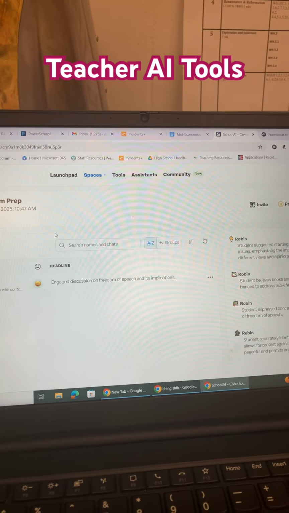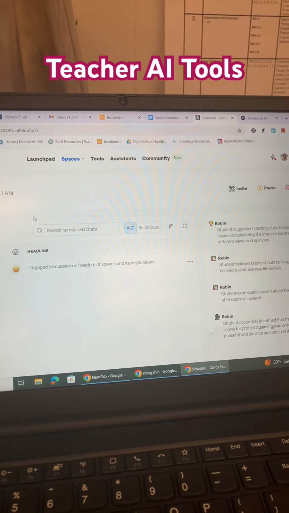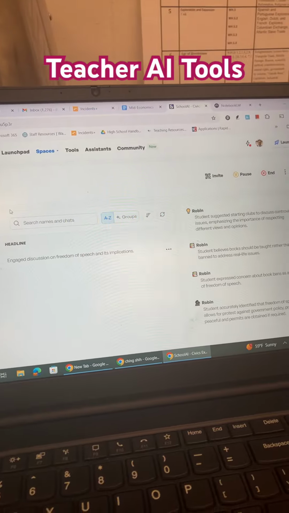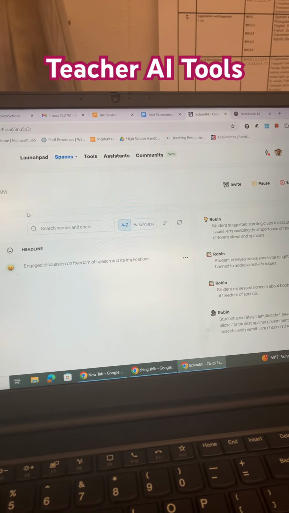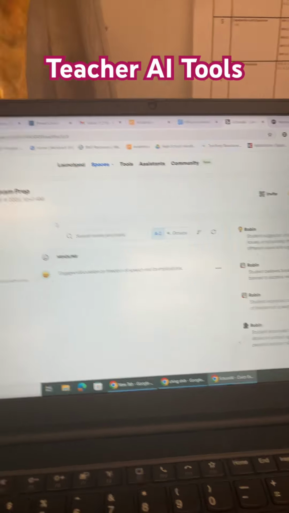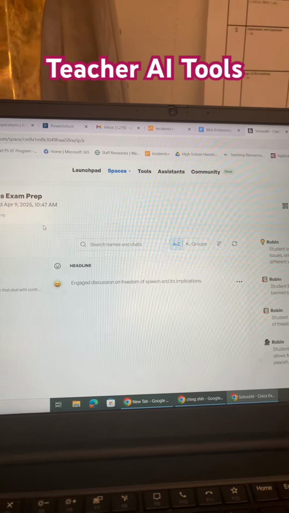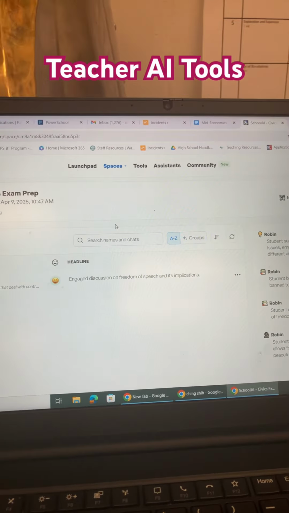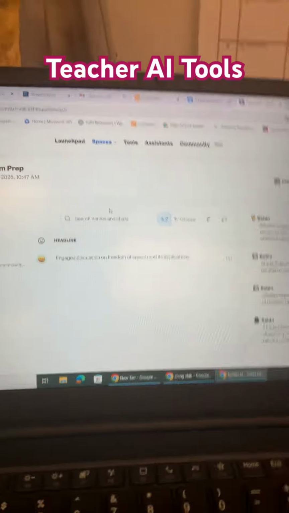And it's AI generated. Again, I can give it resources that it can pull from, or I can just give it a general knowledge topic like a civics class exam prep, and that's what I'm using mine for. They all have access 24/7. They can have this anytime on their own devices.